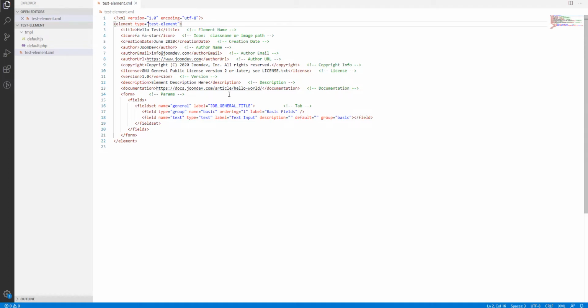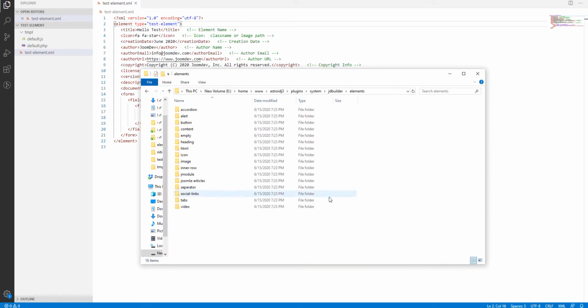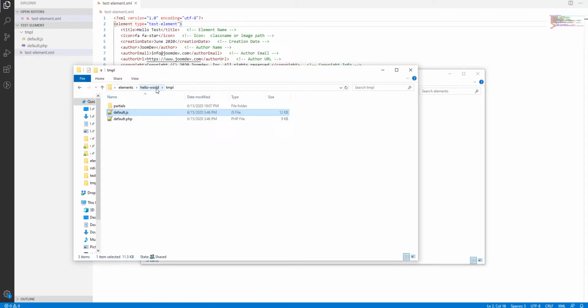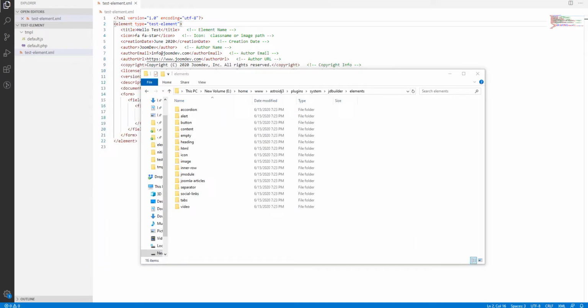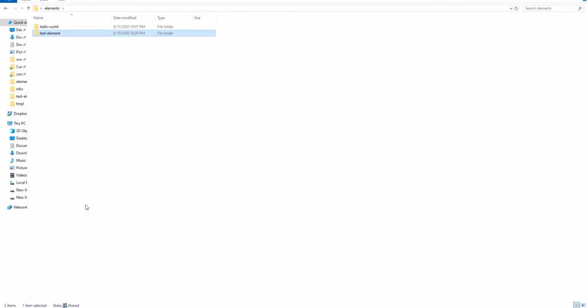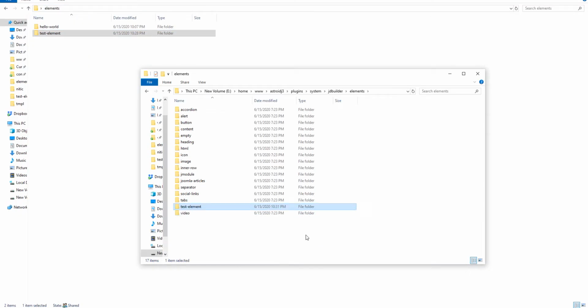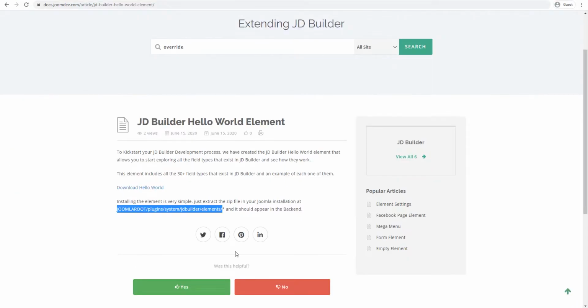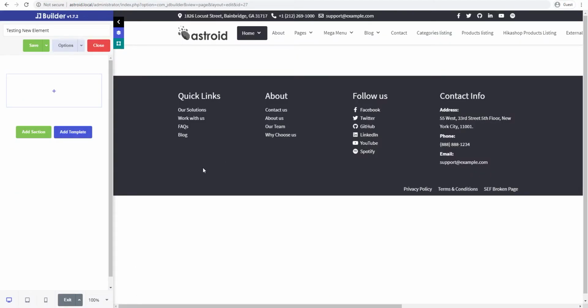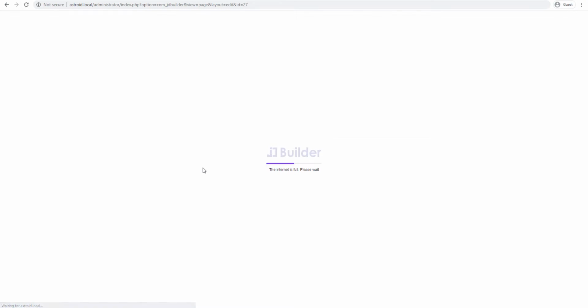And once this is done, all you have to do is copy paste this folder inside the elements folder in your Joomla install. So Joomla install plugins, system, JD Builder elements, and I'll just paste them here. So this is our not hello world, but this is our test element. So I'm going to copy it and paste it here. And that's all. You don't really need an installation or anything after that. I'm going to refresh the screen